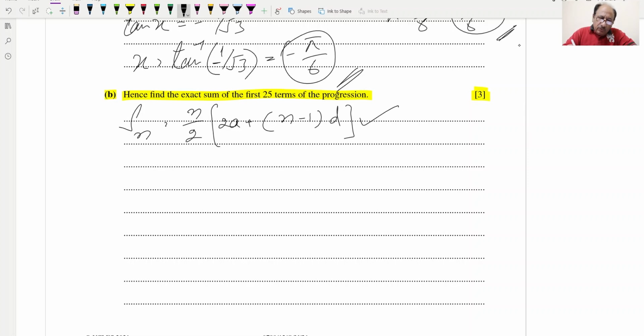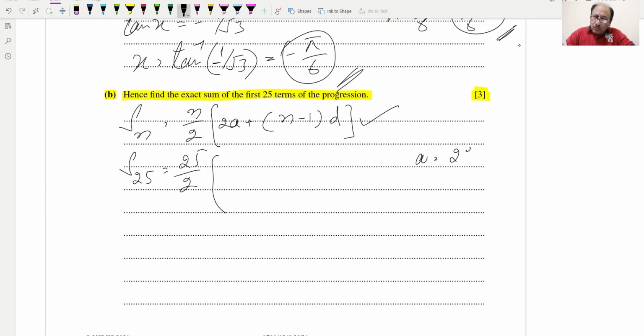So in this formula we'll be replacing the values for S25. S25 will be equal to 25 over 2,